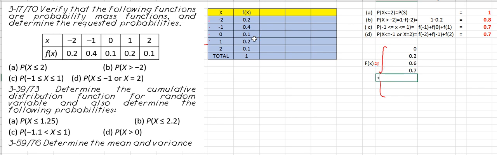0.1, equal to 0.7 plus 0.2. And then finally 0.9 plus 0.1. And then for their limits,